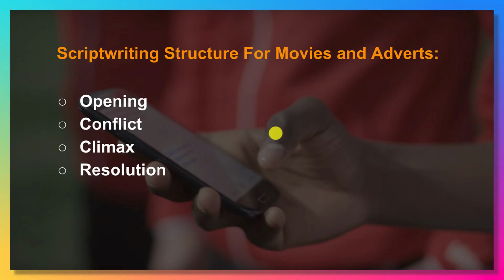These four things are what every movie that you watch has in common. Whether you are watching a romance movie, a sci-fi movie, an African epic movie, or an African romance movie, or Kinikon, whatever you're watching, they all go through these four stages. I'm writing with these four stages in my head. Now we're going to look at what all this stands for and how you can identify them. So let's go to the next slide.